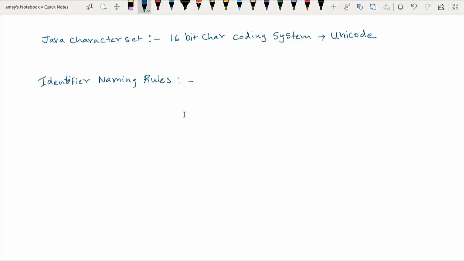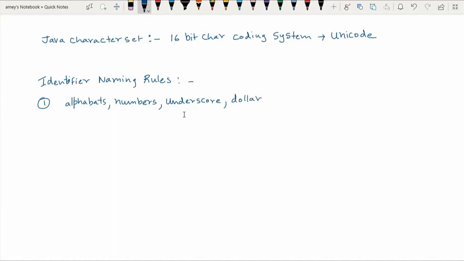The first rule, remember that your identifiers or variables can be composed from alphabets, then different numbers from 0 to 9, or digits you can say. There is also the special underscore, or you can even include a dollar sign.